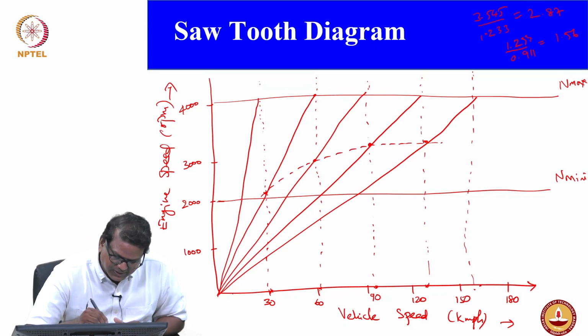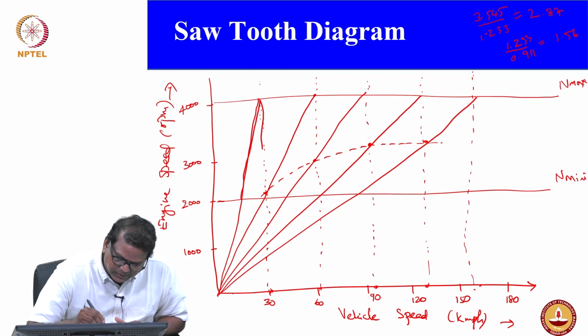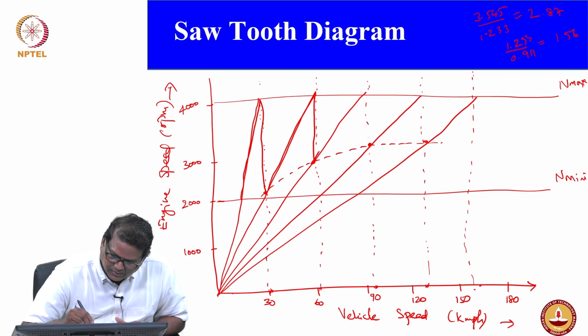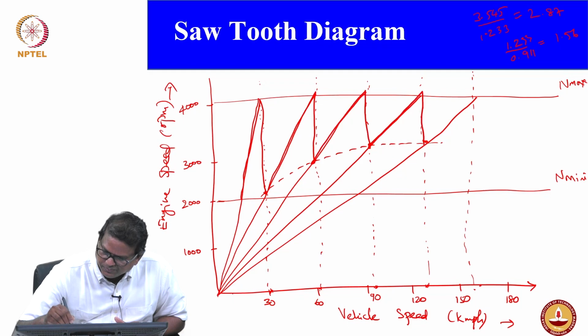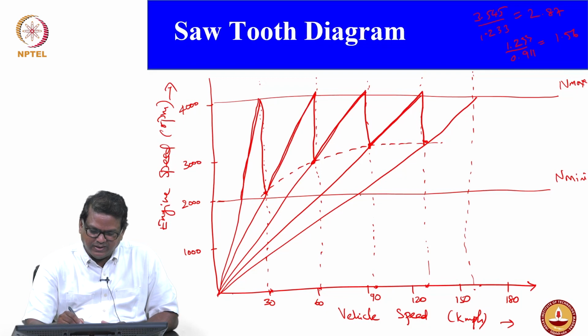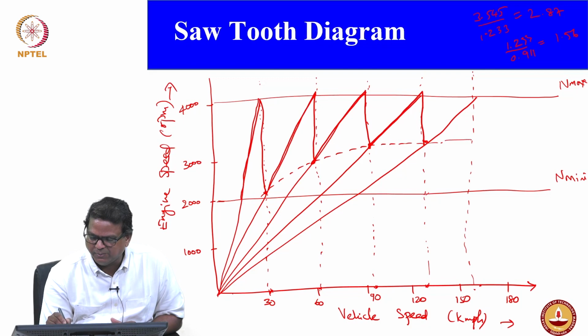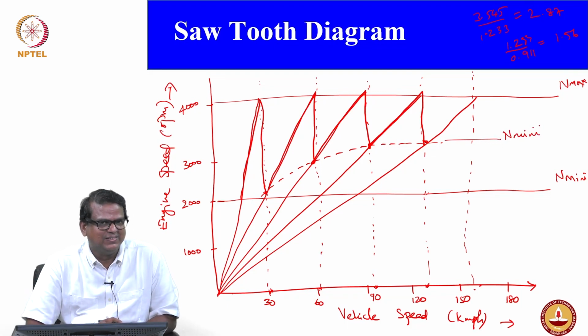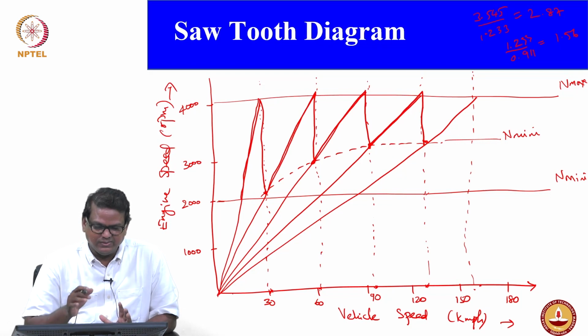In fact, your actual sawtooth will be up to this position, then moves here up to this position and moves here up to this position, then moves up and stops. Otherwise, it should come down all the way. This line should have been passed through corresponding to this position. So, now look at this, what is happening. So, this is your N minimum. Okay. So, this is actually the sawtooth diagram